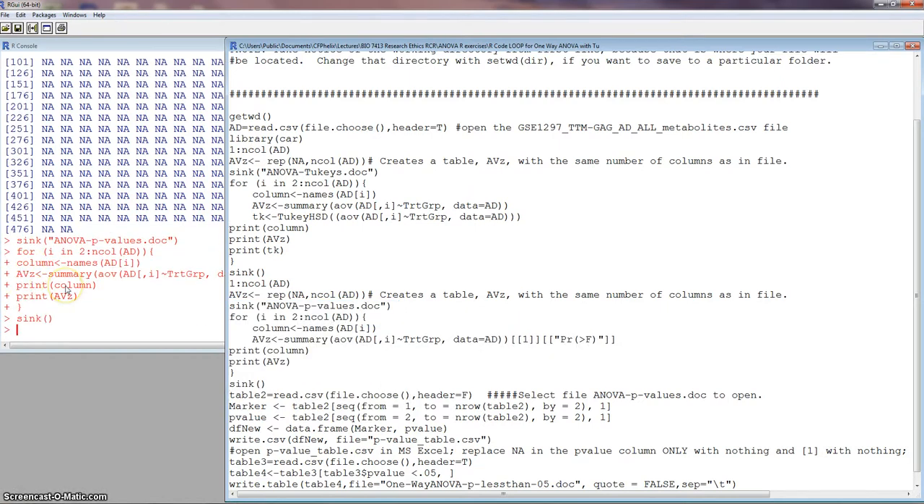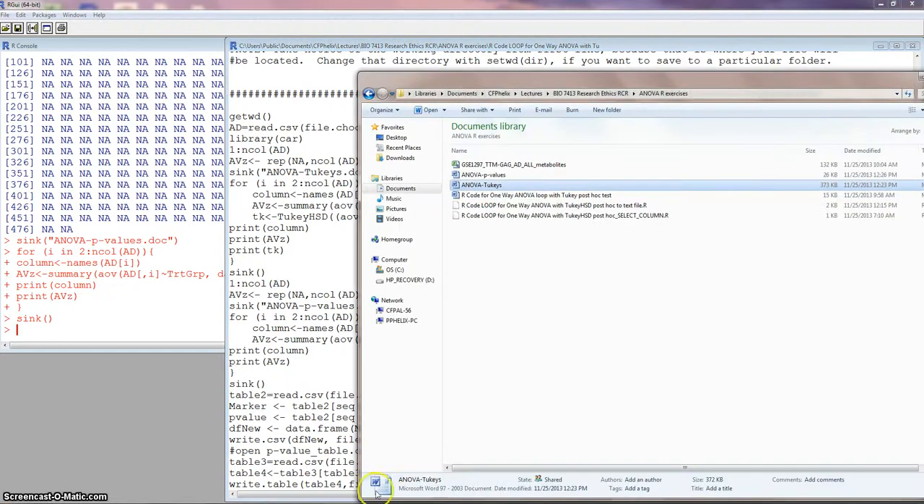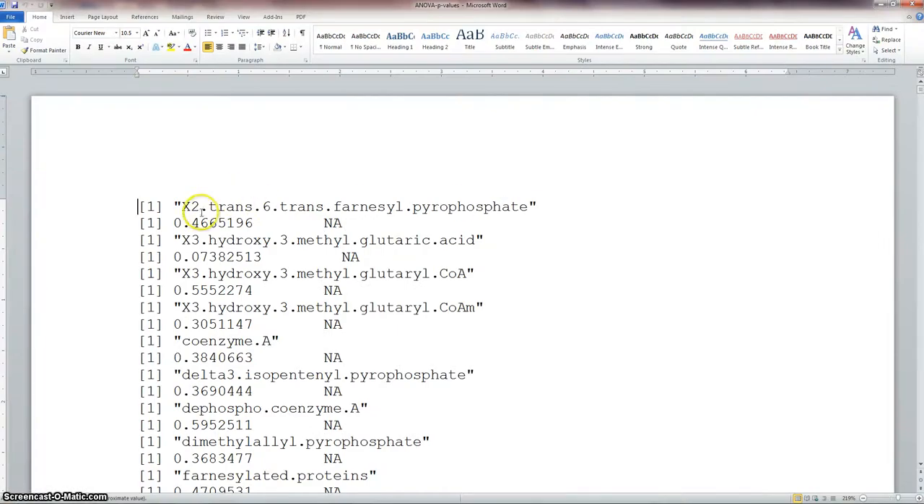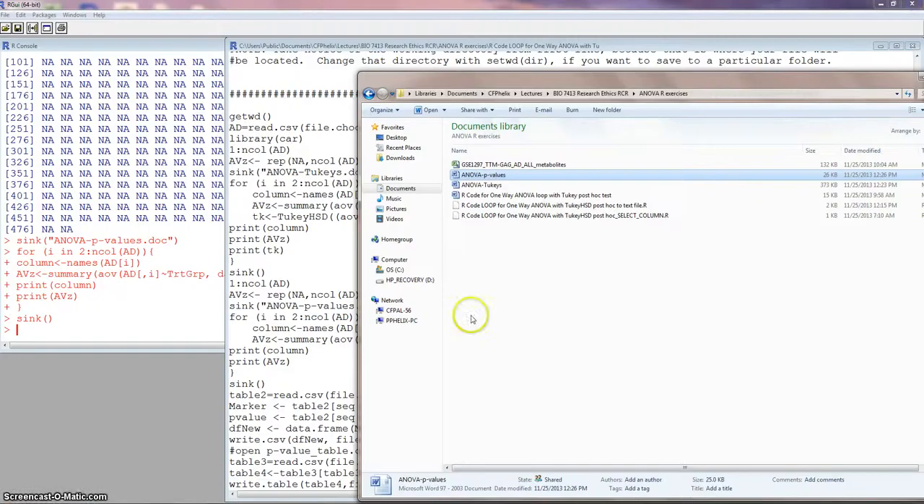So this is still running over here. So now we'll have another document, Anova p-values. And so here's what we pulled out, the name of the metabolite and just the p-value. And then it gave us an NA on there. So now what we've got to do